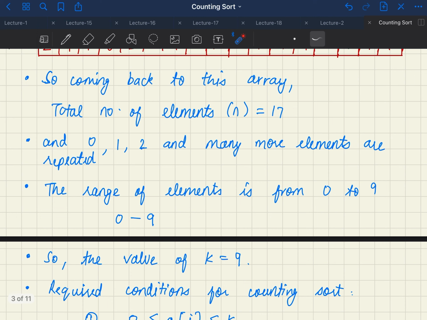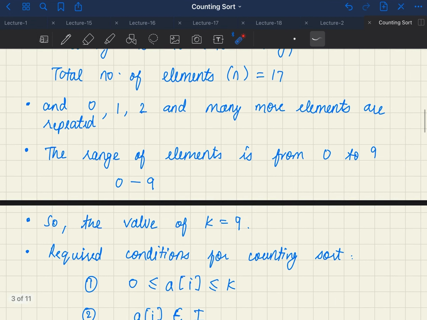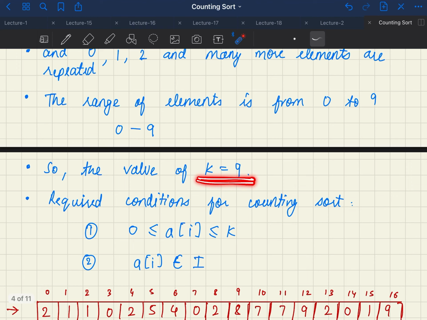The range of elements is from 0 to 9. This means the smallest element in this array is 0 and the largest is 9. So the range is from 0 to 9. So the value of k is 9 as it is the upper bound of this range.